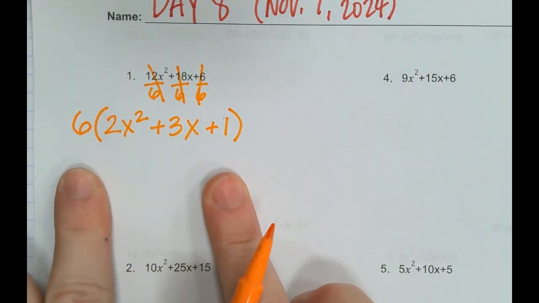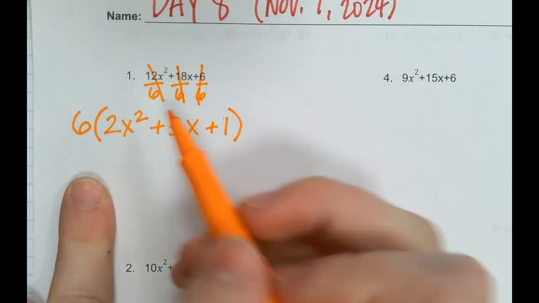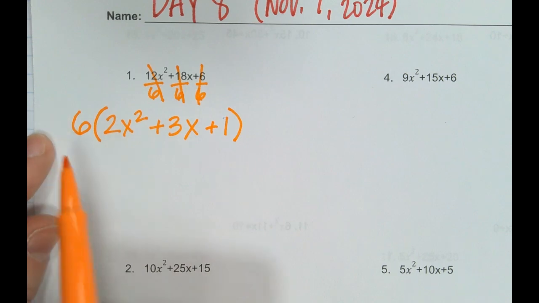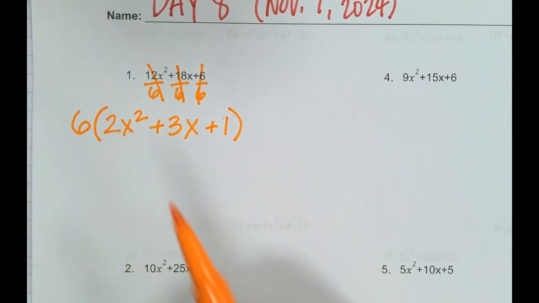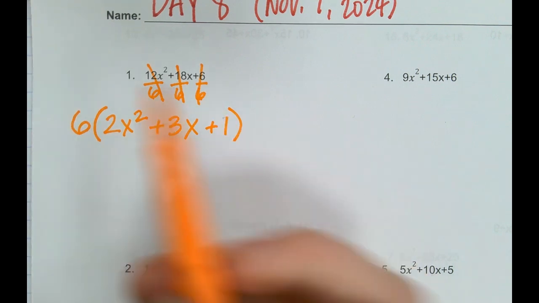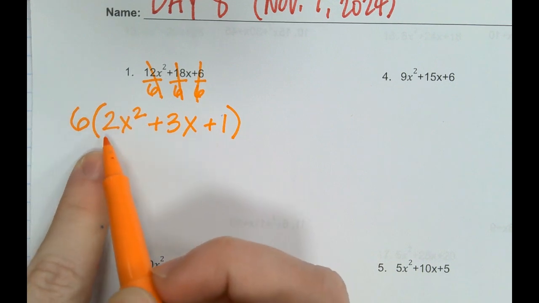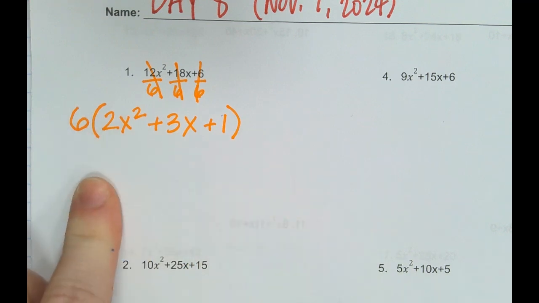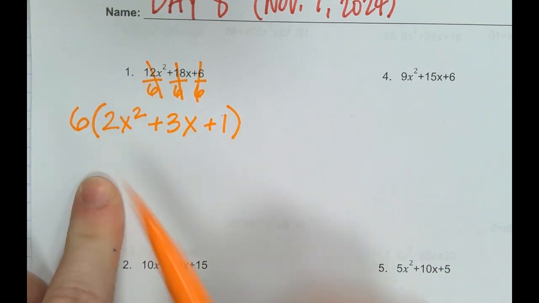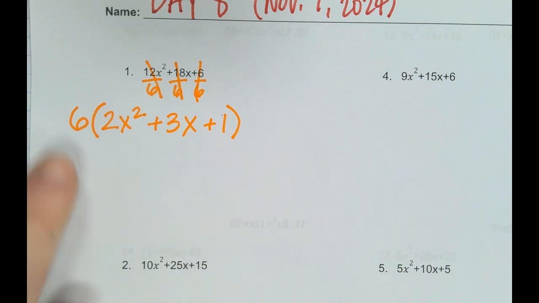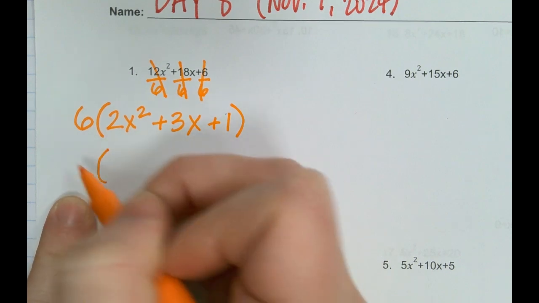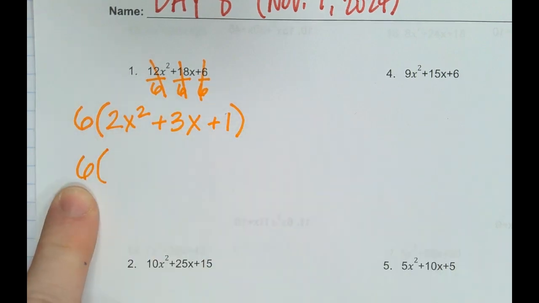Okay, so now we're here. Whenever we factor out a GCF, this 6, or the GCF you find, it will not ever go away. You need to hold on to it till the end of your answer. So this 6 stays. So now I have 2x squared plus 3x plus 1. Do I have a greatest common factor here? No. So what happens with the 2? I'm going to bring it down and put my new a, which is 2, in my answer. So I'm going to have 6 on the outside,